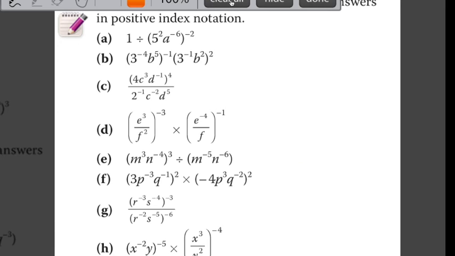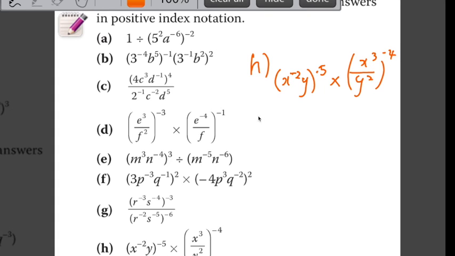Okay, last one, H. So for part H, x to the power of negative 2, y to the power of negative 5 times, this is fun, I miss doing maths questions. So x to the power of negative 2 times negative 5 is 10, y to the power of 1. Usually we don't write it, but you should know that it's y to the power of 1 times negative 5, so y to the power of negative 5, times this one,